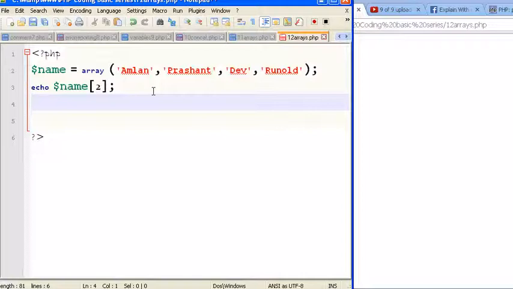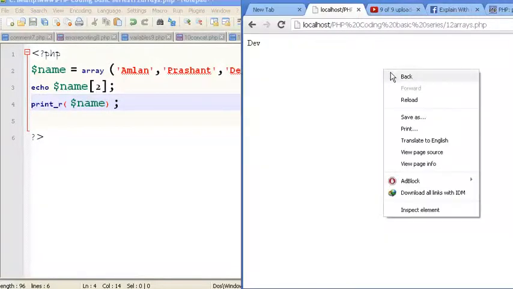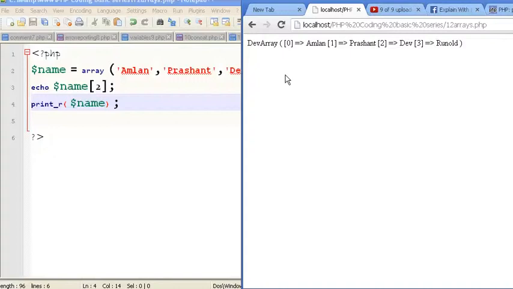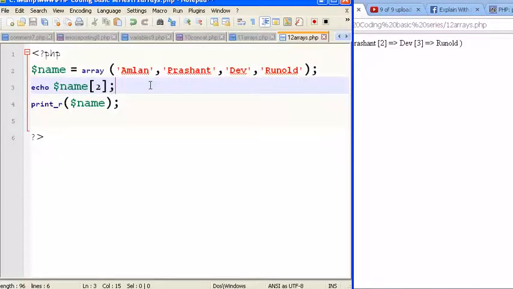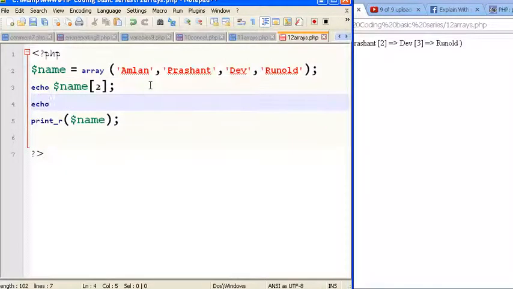In our last tutorials we have also seen this beautiful function which is print_r. Like any other function, the function construct is simply the function name followed by the parenthesis followed by the line terminator, which happens to be a semicolon inside PHP. Now if we simply put in the array variable here and load it, we saw how it works. I will do just one more thing here. I will just echo